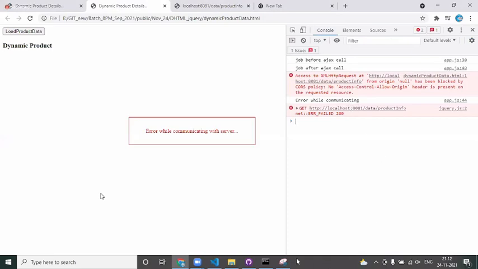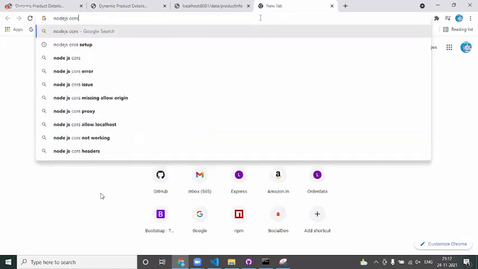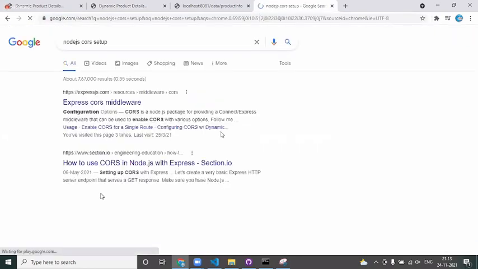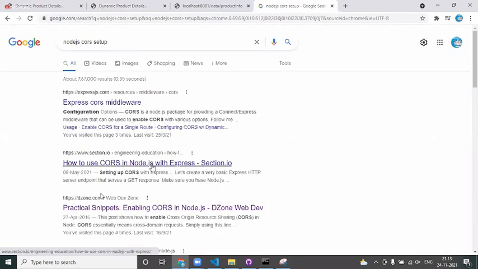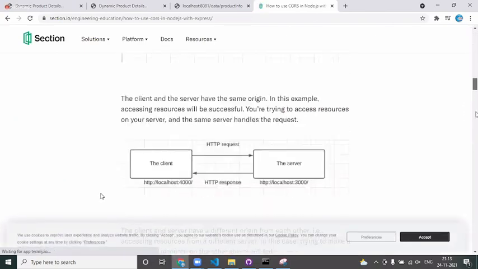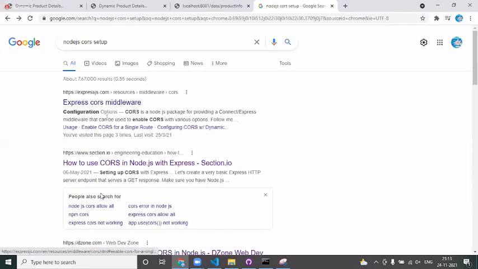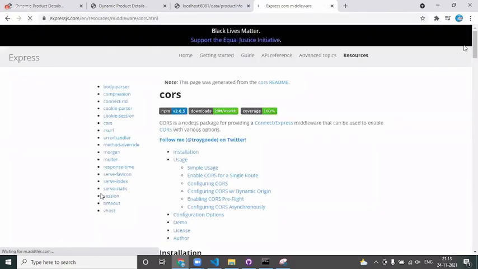As usual, we already know that. Now I want to change the configuration of my server so that anyone who hits it should be able to receive the response. So how am I going to change the configuration? For Node.js, we have a set of CORS setup instructions. Okay, let me show you. There are some instructions that need to be copied and pasted. CORS configuration, express CORS middleware.